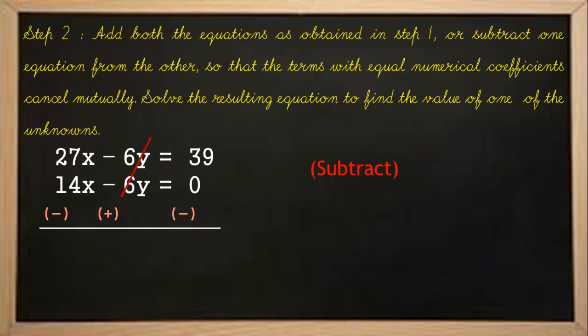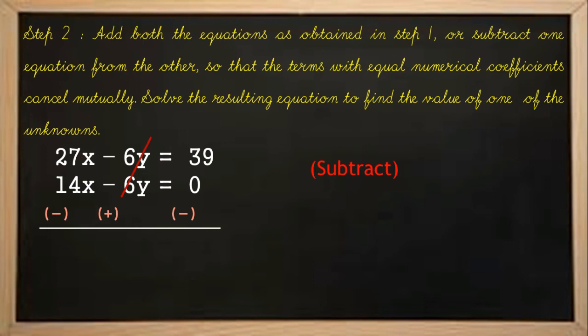This is the second step procedure. Let me brief it out. By observing the equation we obtained in the first step, observe the sign of the coefficients for which the value is equated. Either we need to add or we need to subtract. So how to choose addition or subtraction? If you add also, one coefficient should be eliminated. If we subtract also, one coefficient, either x or y, should be eliminated.